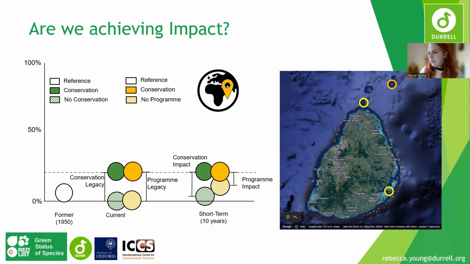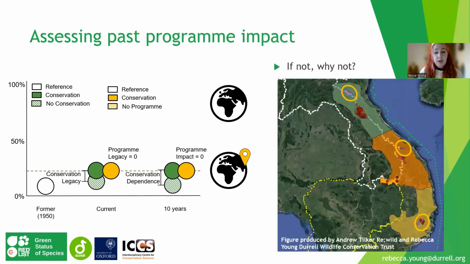And so we can see from this that not only are we achieving the goals of our program, this program is actually achieving a detectable impact at the global scale for this species. And so this is something that I think is really important for this green status analysis, is to understand, is the work that we're doing having an effect on the wider world and the global species recovery? And if it's not, then why not?